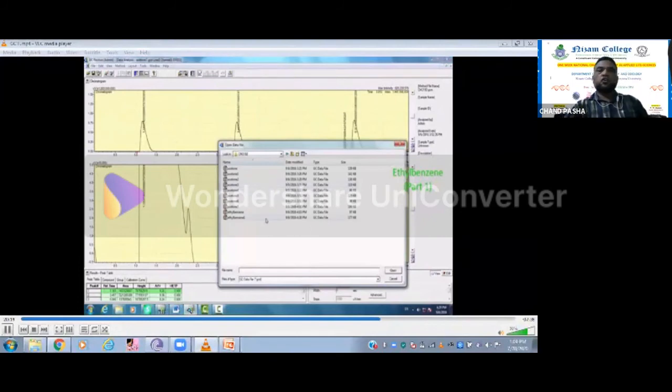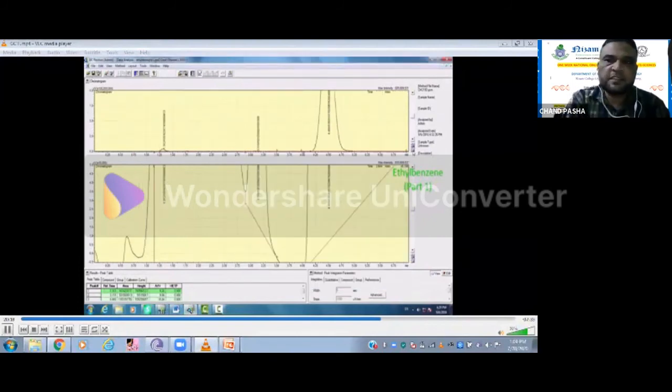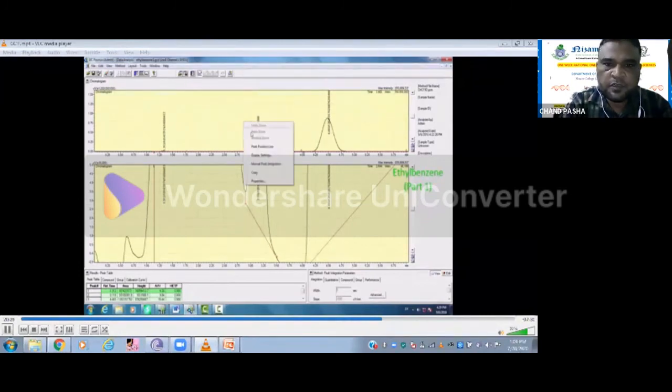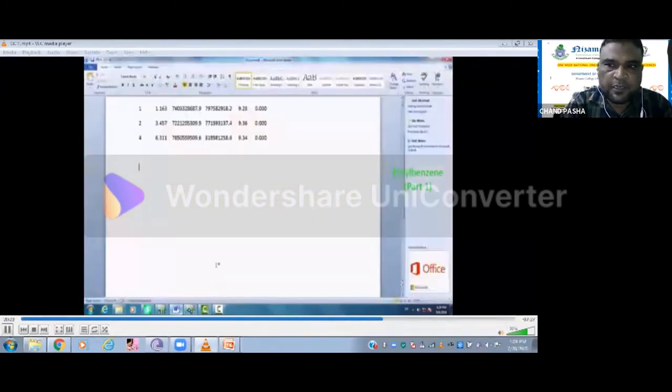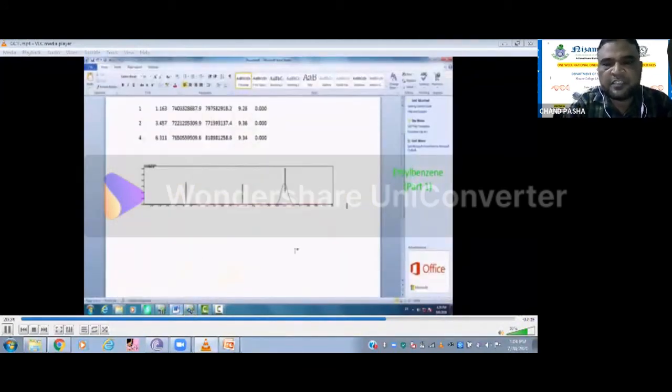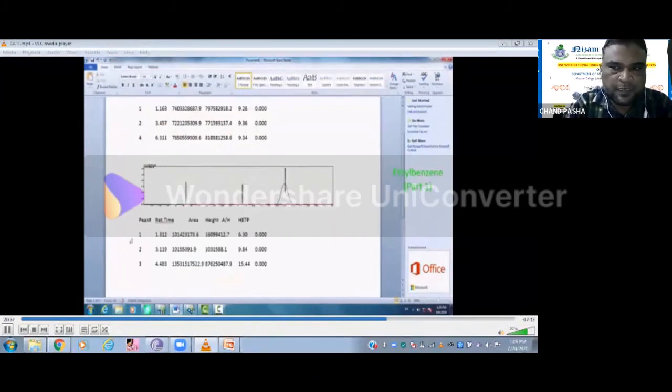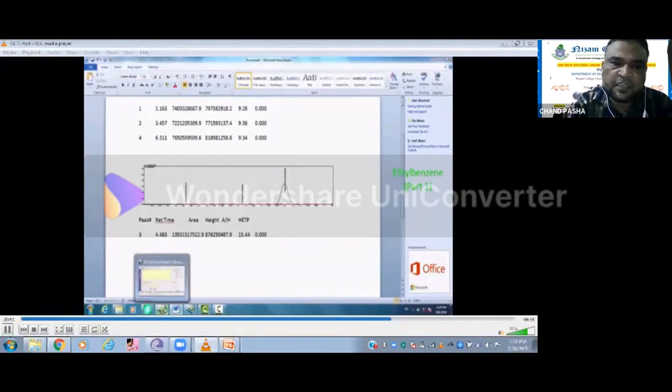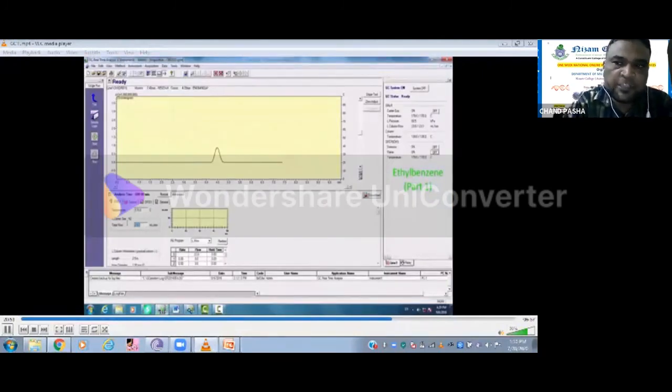See, these are the chromatograms which are automatically saved in your system. You take them out, and you copy the chromatogram as well as the area table. Generally, in the report we are supposed to give both things. And if any non-specific peaks are there, please eliminate them. In the report, those things should not be there. Even if you take the standard, sometimes the mobile phase may show up. Why is he removing those 2 peaks? They are the peaks of the mobile phase and non-specific peaks. So we are removing those things.